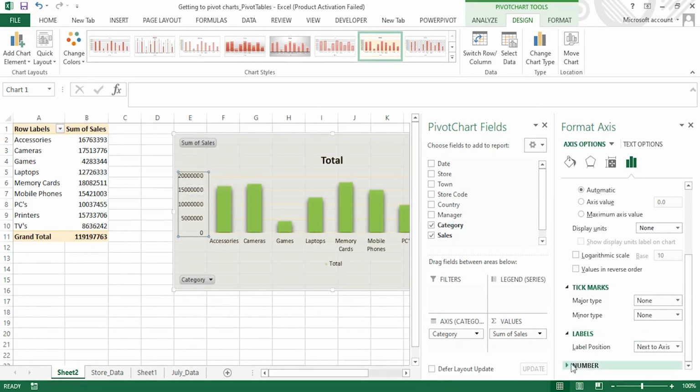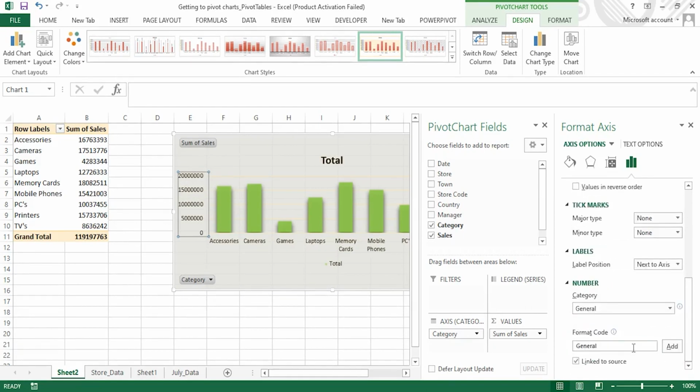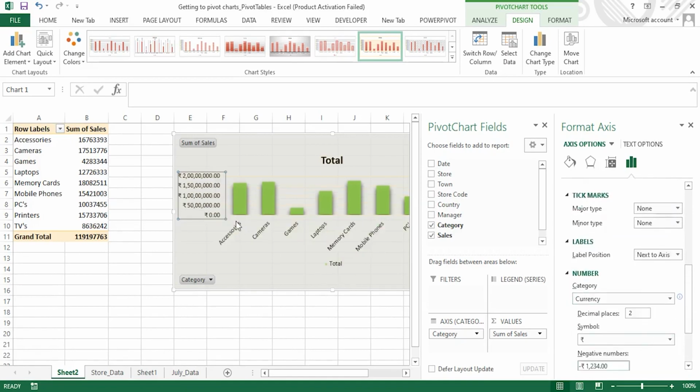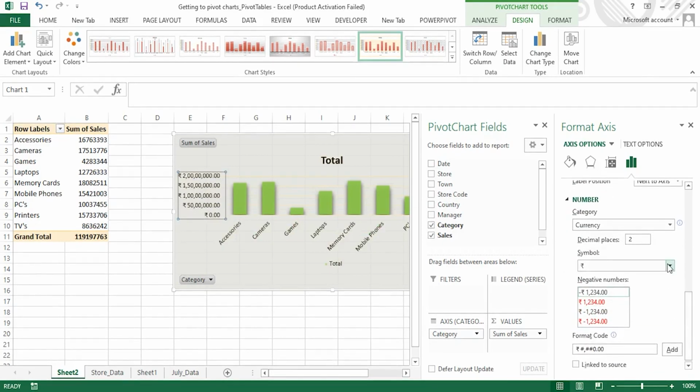Okay, and there is an option called number also. So if I want to change this general category to currency, okay, if I choose currency, you can see now this is in rupees, but I don't want rupees, so you just go here and click the